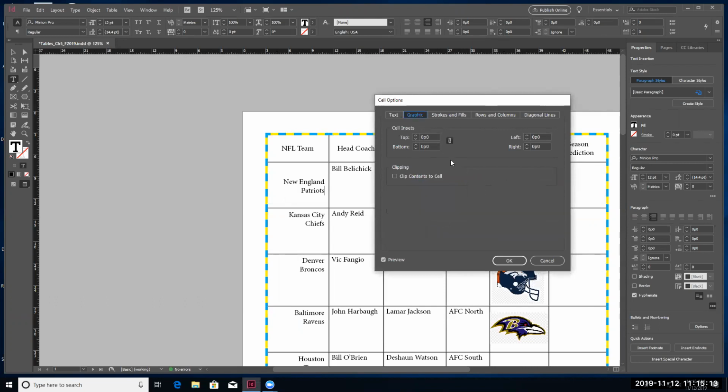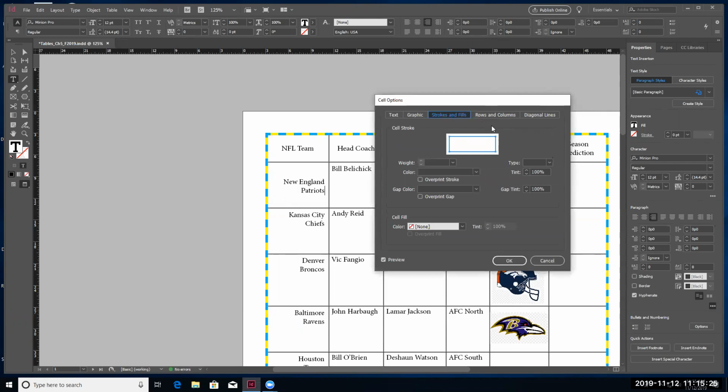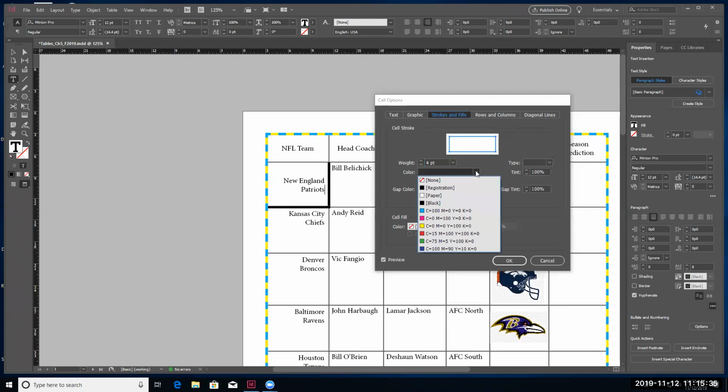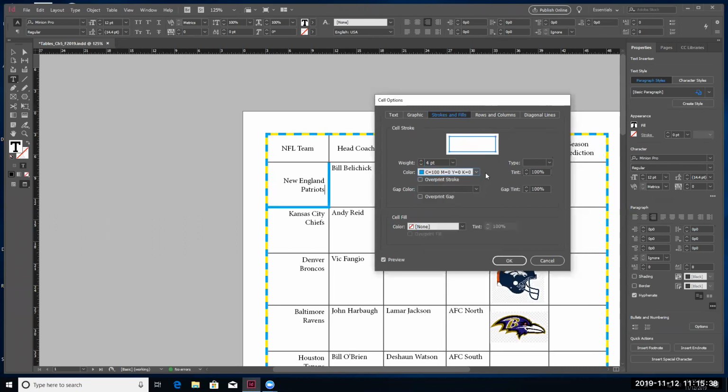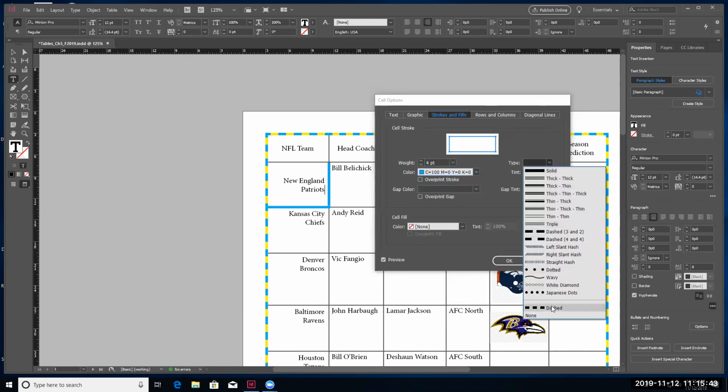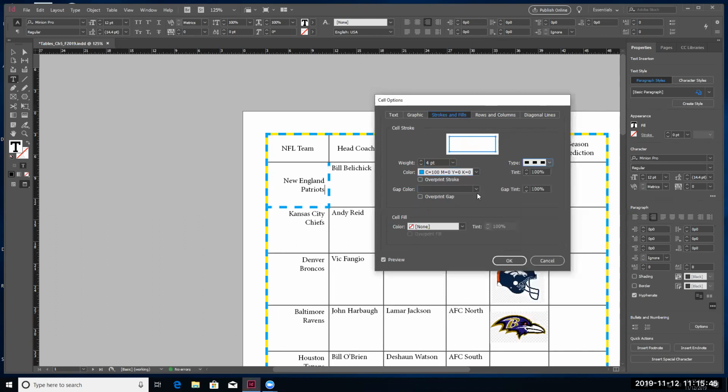Insets, let's see, graphic, I can change the insets for a graphic, so we've got graphic there. And there's other ways to do that, so actually we can click on that one here in just a minute. Strokes and fills, we kind of practiced a little bit with that. But again, I'm only on one cell there, but if I wanted 4 points and maybe I want that same kind of strange color with the type of dashed, and maybe my gap color the same yellow for whatever reason,